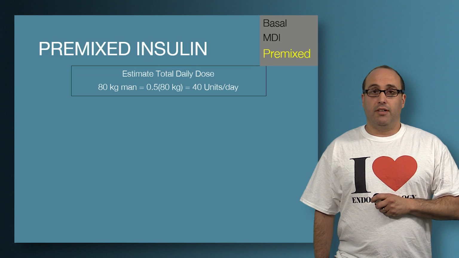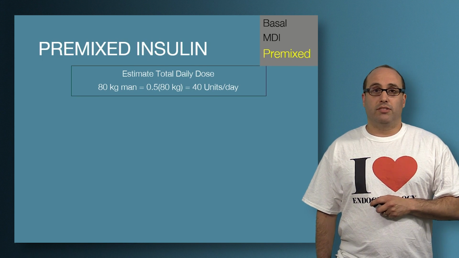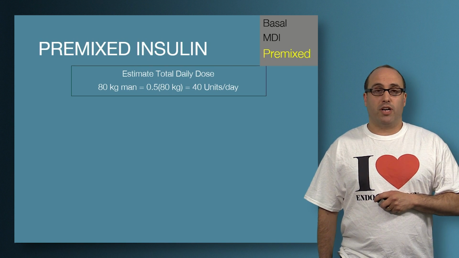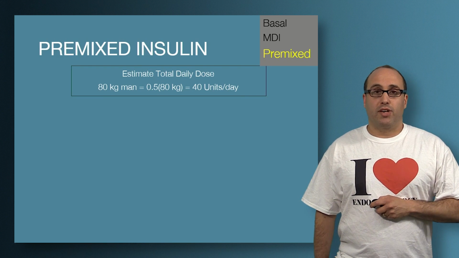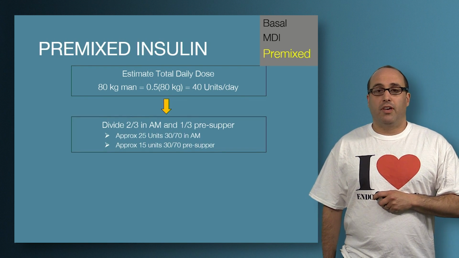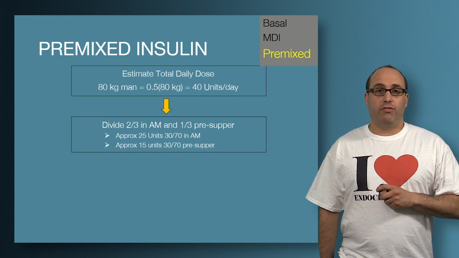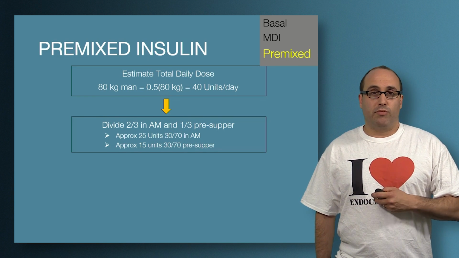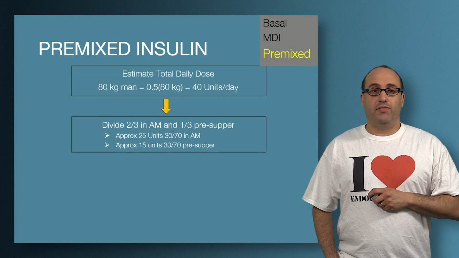Prescribing a premixed insulin starts the very same way, with an estimation of total daily dose. For an 80 kilogram man requiring approximately 0.5 units per kilogram, he'll require 40 units per day. It's proportioned a little bit differently at the outset. 2/3 of it is given in the morning and 1/3 pre-supper. So in this case, we would start with 25 units of 30-70 insulin in the morning and 15 units of